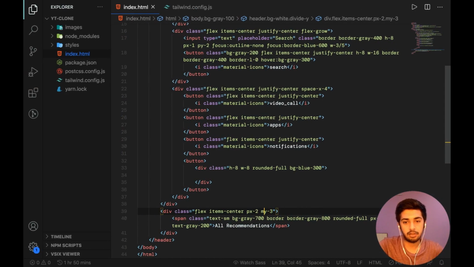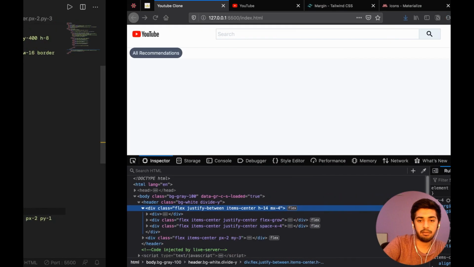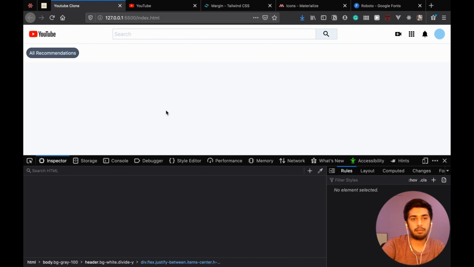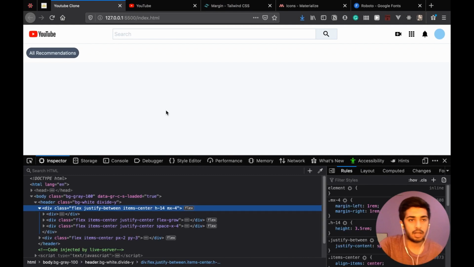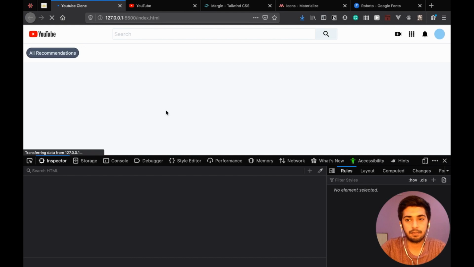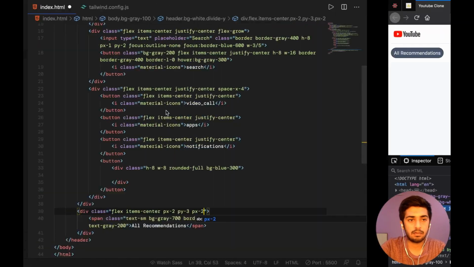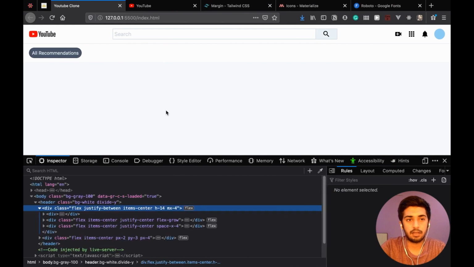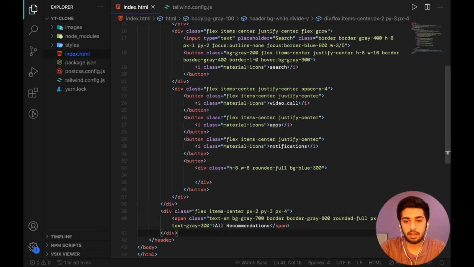Margin y-3, so let's instead try py-3. Yeah, now that has given us how we wanted it to be. We can add some padding on the x-axis, px-2, let's say, or 4. Alright, and now